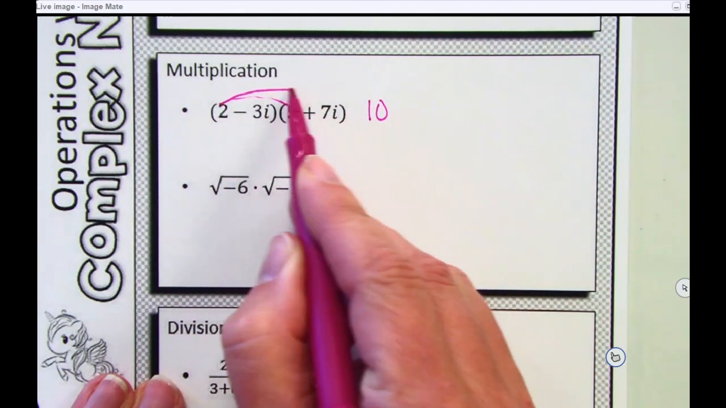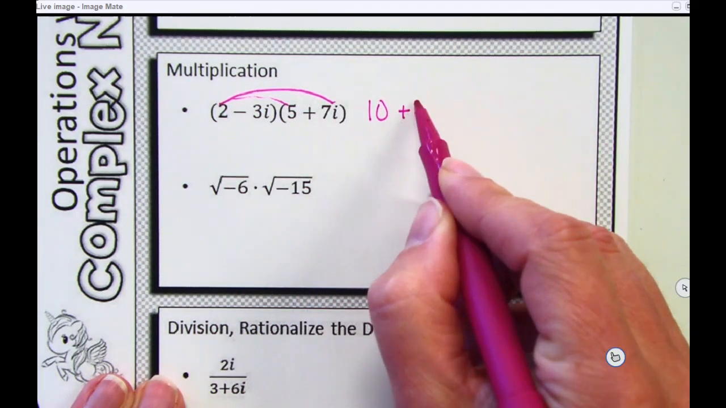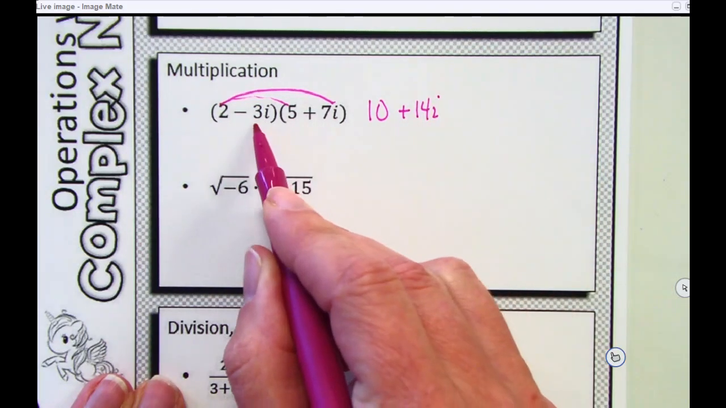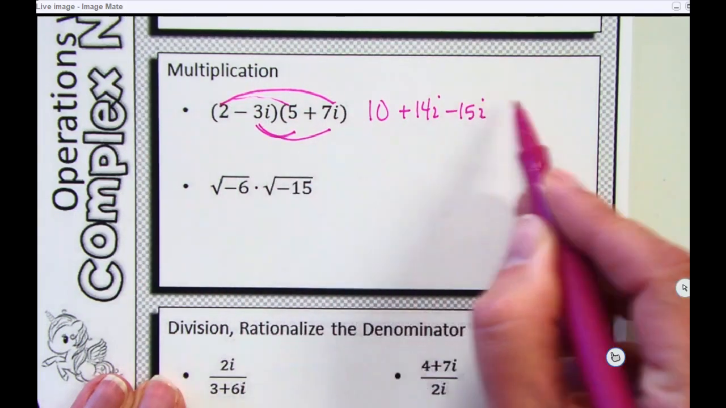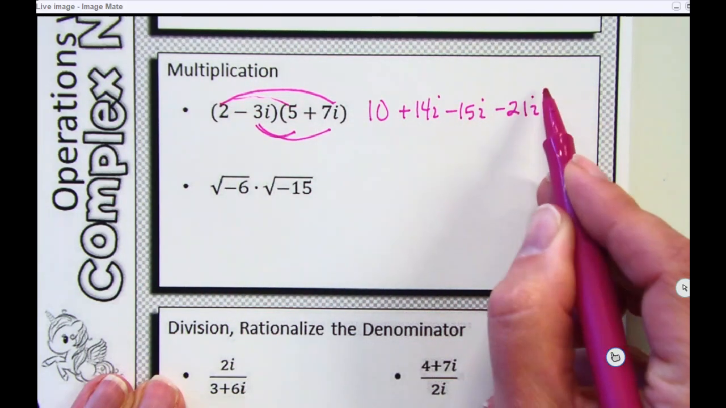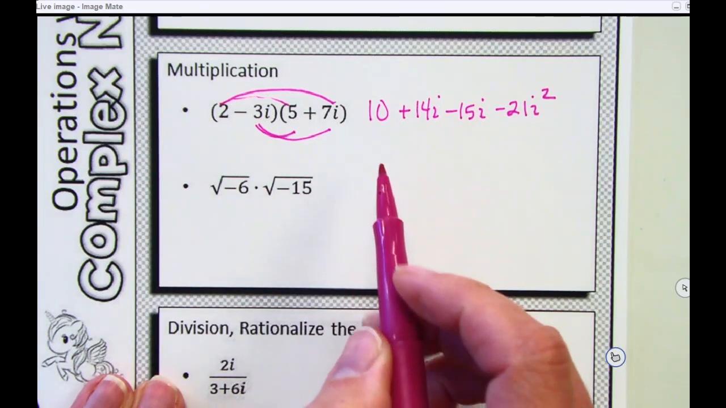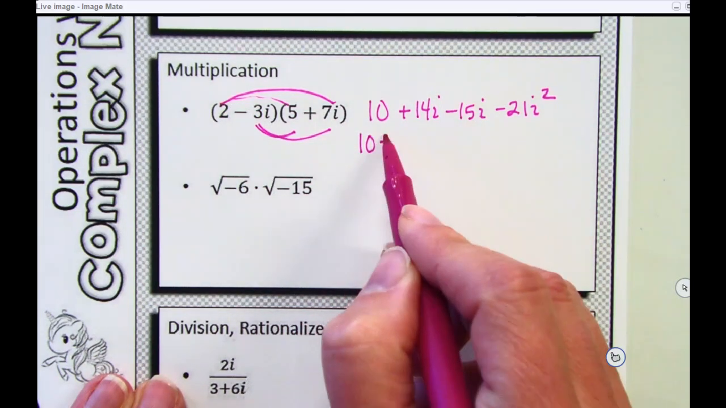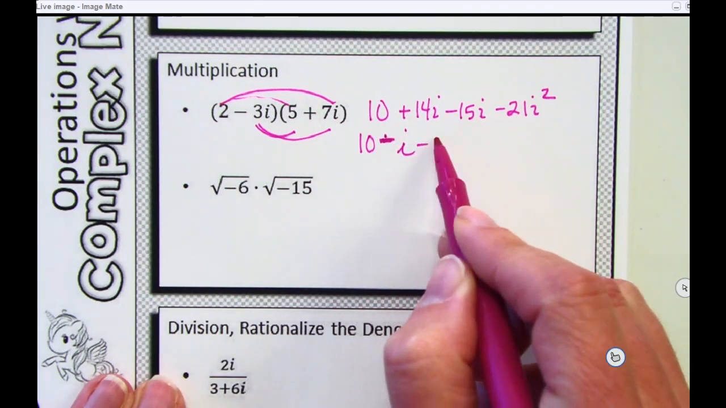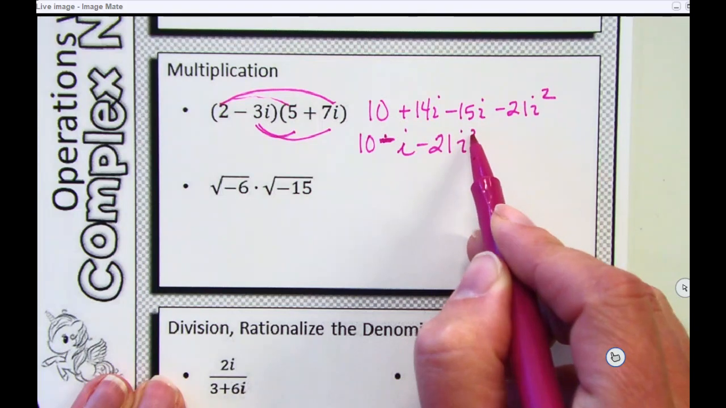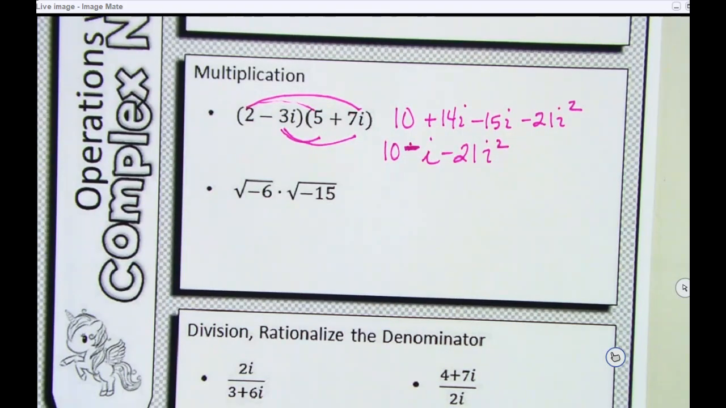First, outside, inside, last. Did you combine your like terms? You got 10 minus 1i minus 21i squared. Okay, maybe you put that in descending order because we're used to having our squared first. I don't know. But what I need you to learn from this